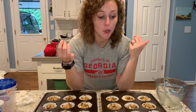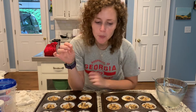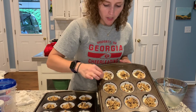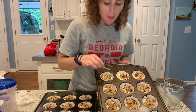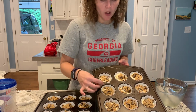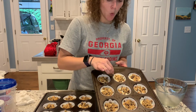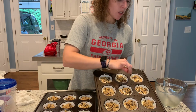Tiny toothpick. So instead of swirling it halfway through or just letting it cook like this and having too much overflow, where the brown sugar ends up all over the pan, I take the toothpick and just smush the brown sugar down a little bit, not mixed in, but just pushed into the muffin dough itself. That way, when it cooks, it just melts all together, as opposed to on top, where you can still have excess falling off or melting over the side of the pan. So I push it down so it's still